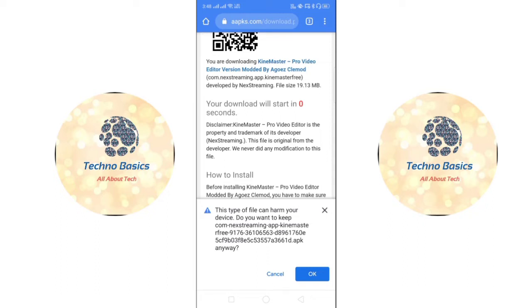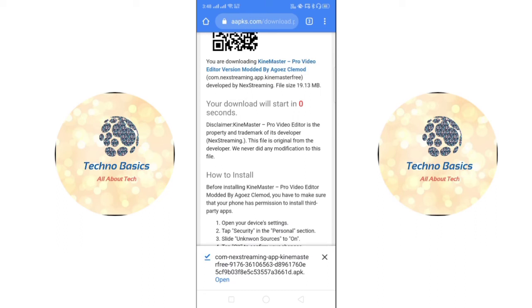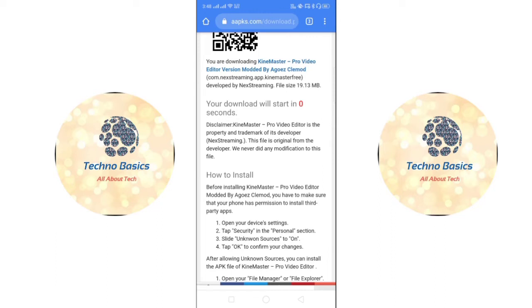I have already downloaded that, so I'm not downloading it, but you have to press OK and then the download will start just like this. So it will download. When the download gets completed,